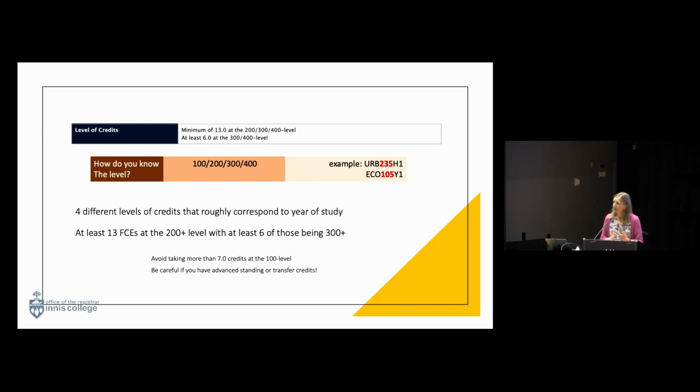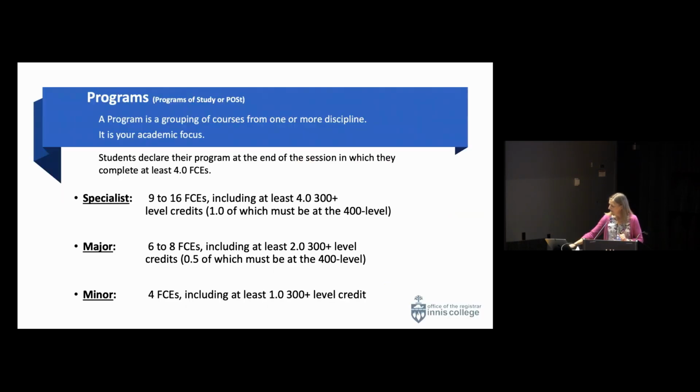So if you're coming in with advanced standing credits from AP or IB or GCE, you'll want to be a little bit cautious about the number of first-year credits that you take in year 1. So that could mean that you could take a 200 level course in your first year if it doesn't have a prerequisite, or a course you needed to have taken before you could take that course. Or you can build upon your advanced standing transfer credit and take a 200 level credit in your first year, or you can take fewer than 5 credits. There are different ways to work it out. Okay. That covers this slide. Great.